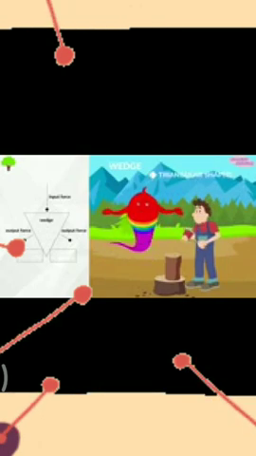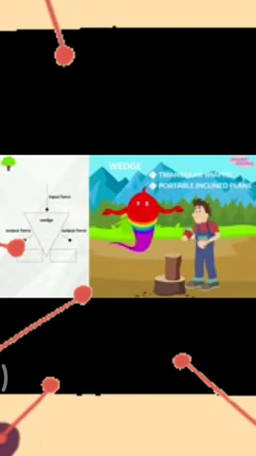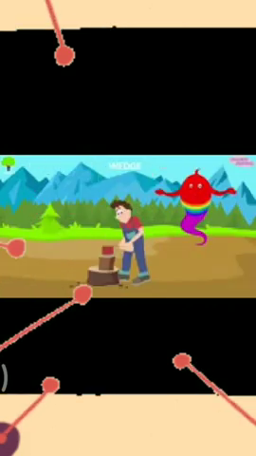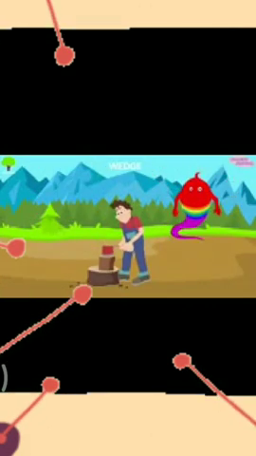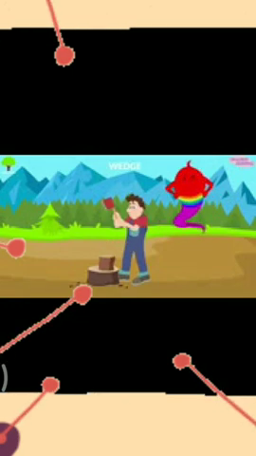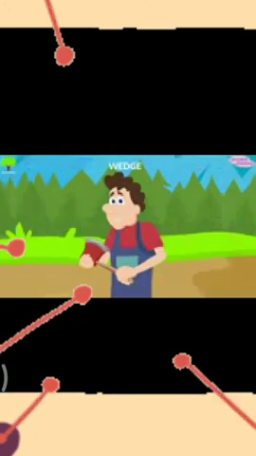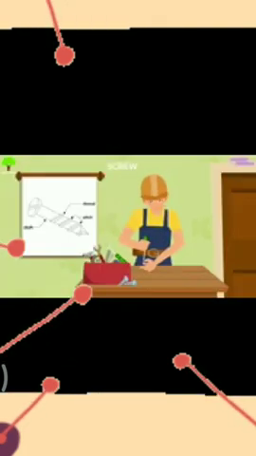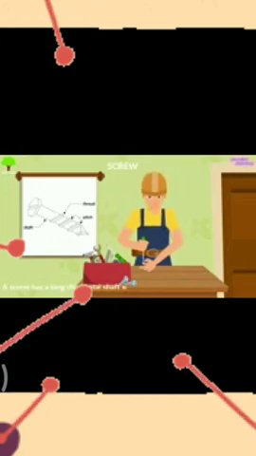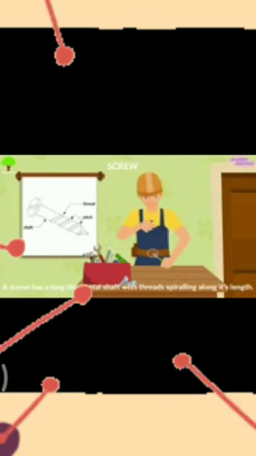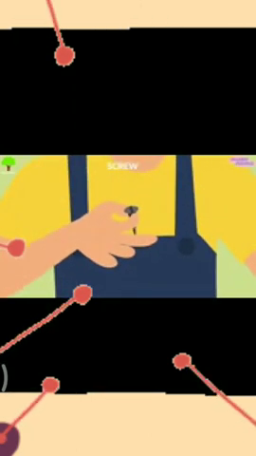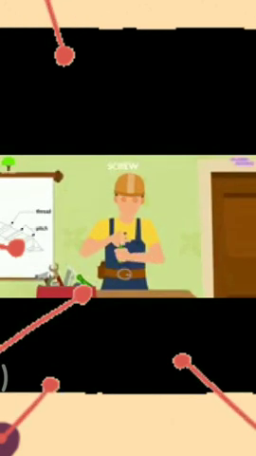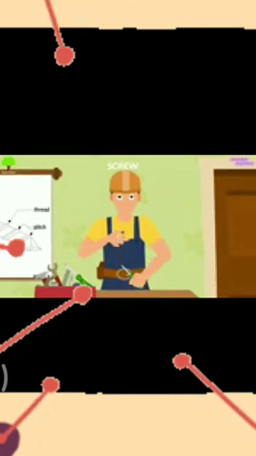Wedge. A wedge is a triangular tool and a portable inclined plane through which we can cut material easily. For example, an axe. A knife is also an example of a wedge. Screw. A screw is a long thin metal with a thread around it and it has a groove over it so that it can lift material easily or hold things easily.